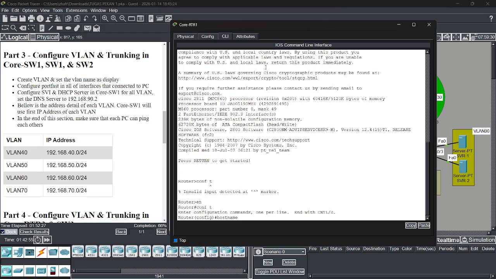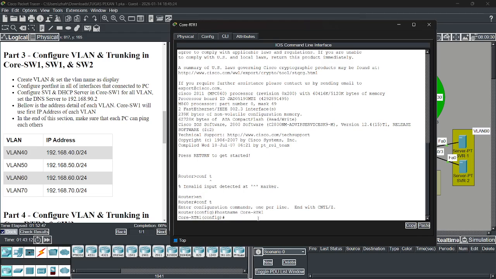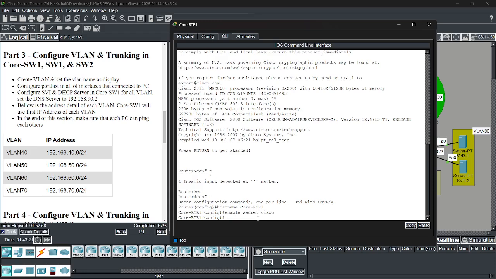Hostname is core, sorry, core router 1, and then enable secret Cisco. Okay.